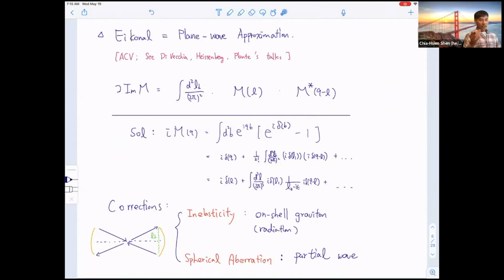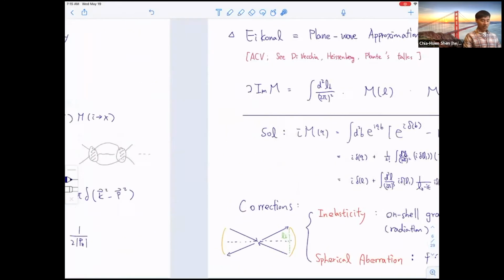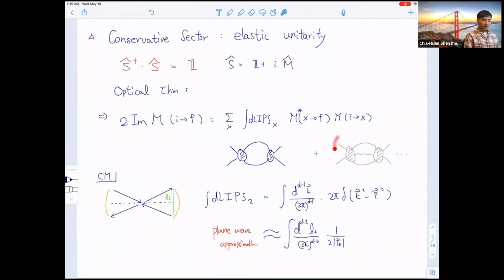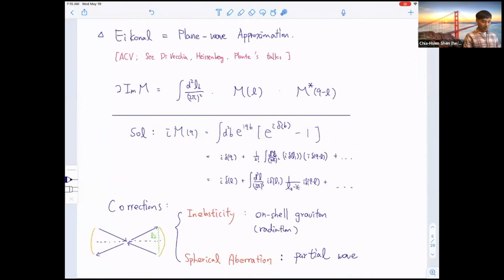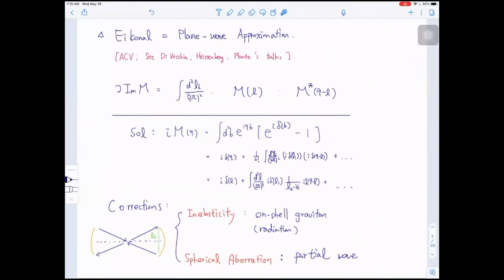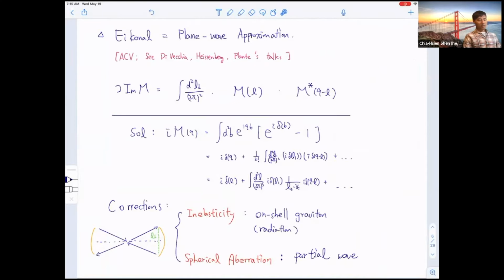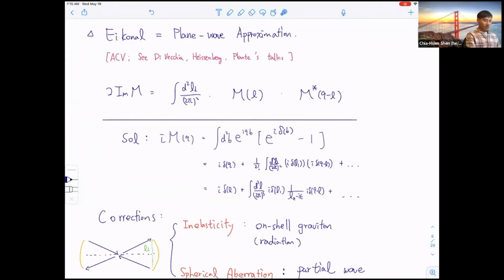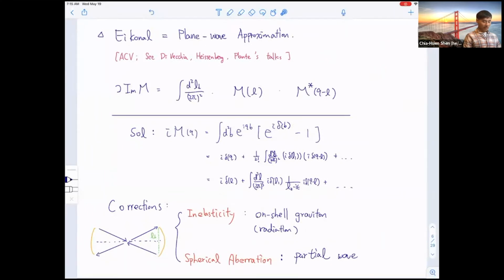So first of all, we know that in practice, in GR, things are not perfectly conservative. We have on-shell radiation. And of course, that's already taken care of in this eikonal work. You need to subtract out the three-particle, the five-point amplitude squared. And once you do that, then you'll get this eikonal piece. But at the same time, there's a second correction, because we approximate the phase space by this transverse integral, but that's of course not the full phase space integral.